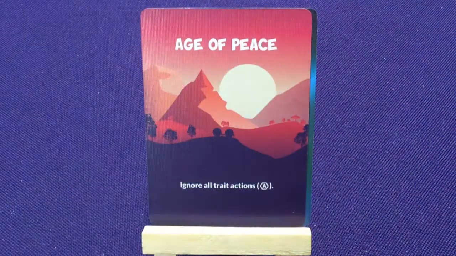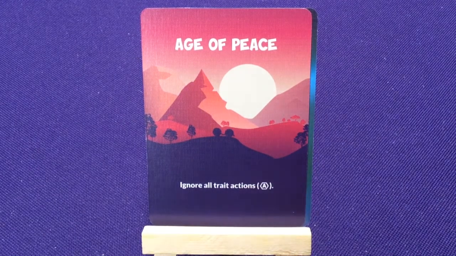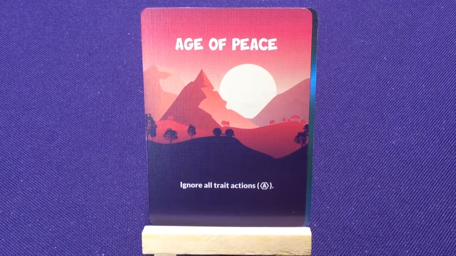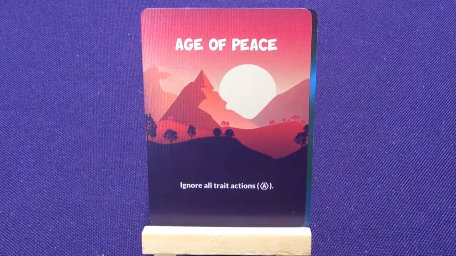So we have Age of Peace, ignore all trait actions. So now, drawing these can definitely mess up any maybe plans that you might have had in your hand. That's why they do recommend don't spend a ton of time trying to make big strategies. Plus, since everyone's drawing from the exact same deck of cards,